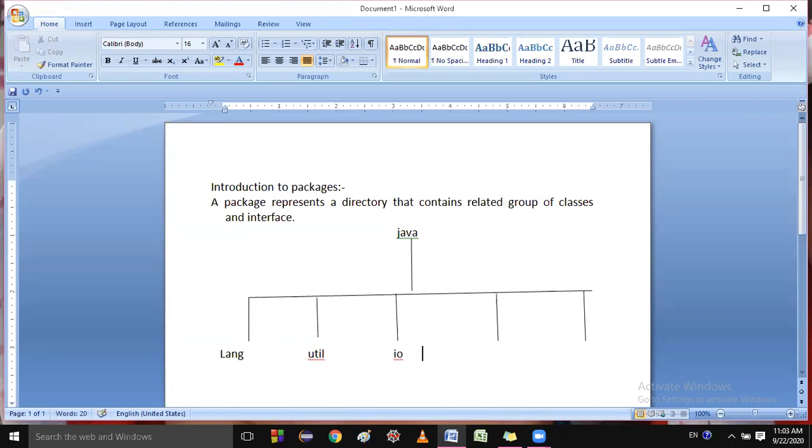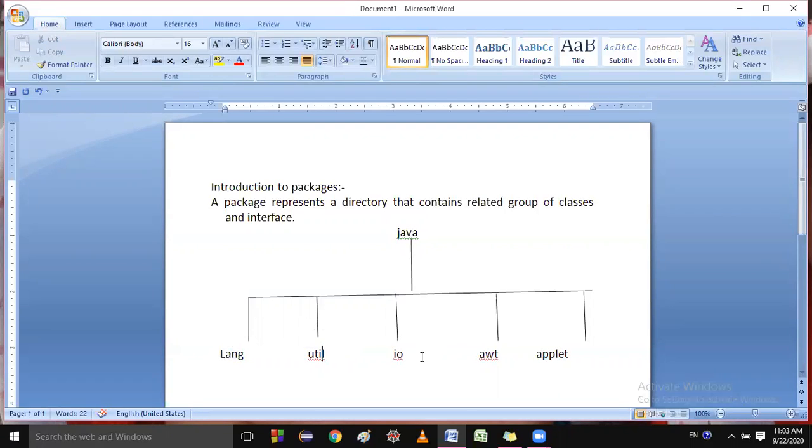Yes. Okay. So there are different packages in Java: the lang package, util package, IO package, AWT package, applet package, and many more.